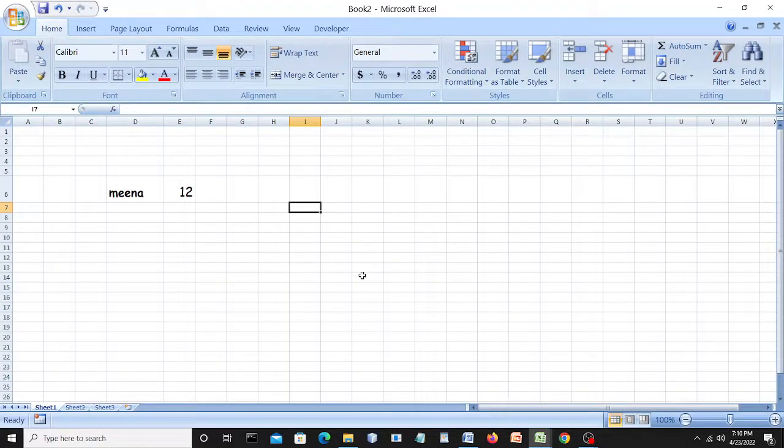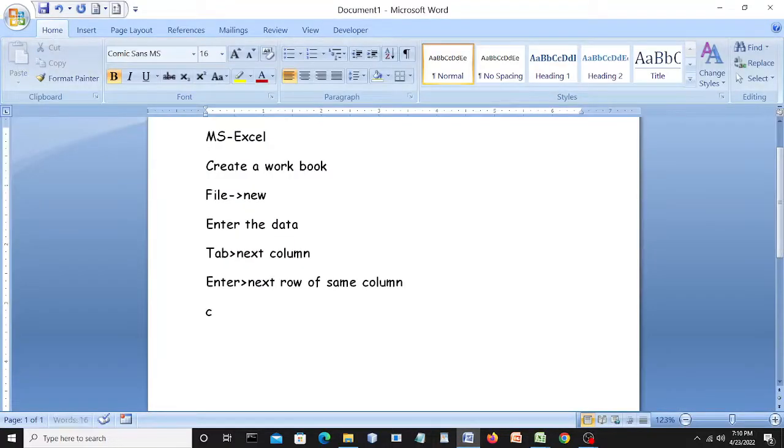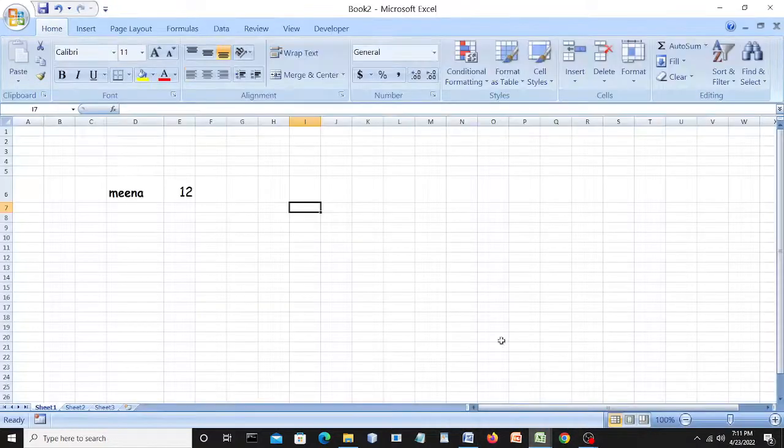Next we can see how to apply cell borders. Okay, now we will learn how to apply cell borders. So this is the cell. I want to apply a border to this cell. Since in this workbook I have only one cell, I select this one. If you have more cells, then select all the cells, and